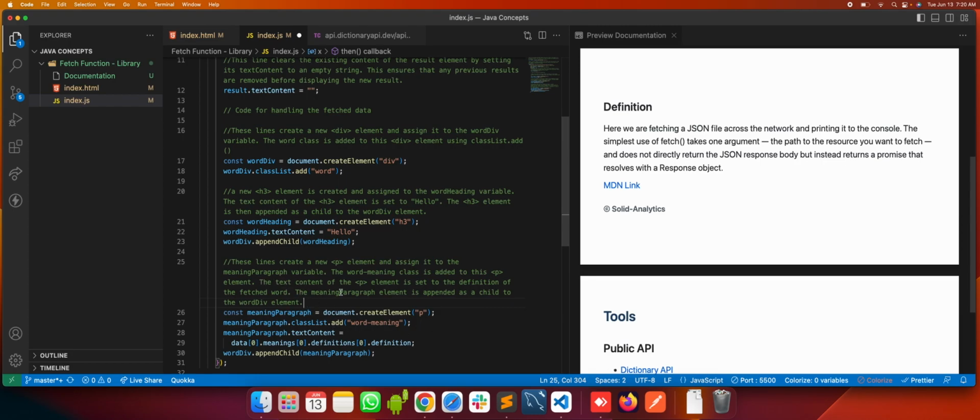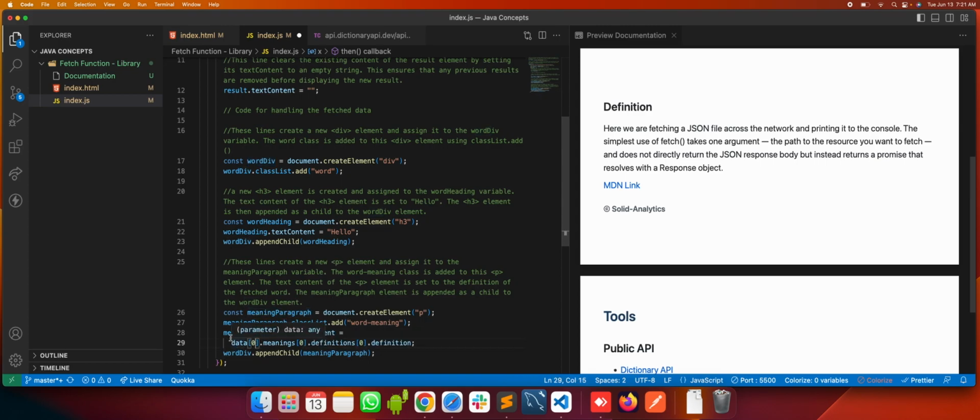The text content of the p element is set to the definition of the fetched word. So we are using meaning paragraph dot text content. The meaning paragraph element is appended as a child to the word div. Finally, in the word div element, we're going to put this header and this definition one beneath the other.